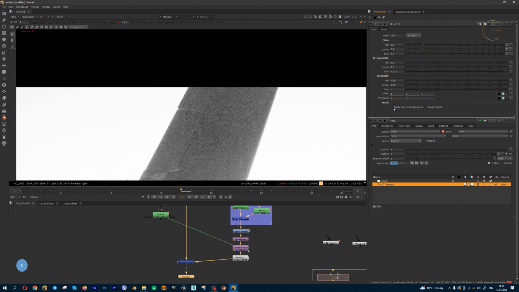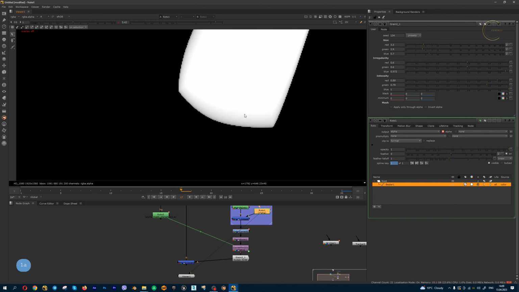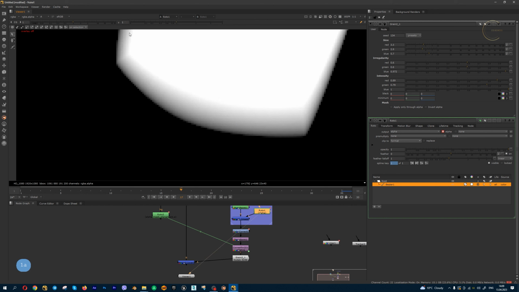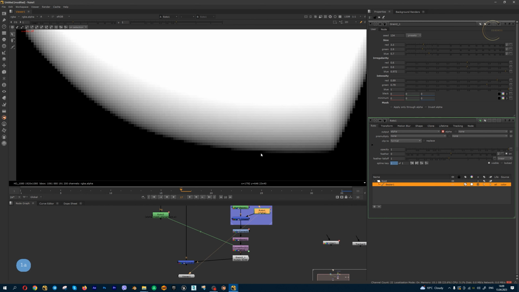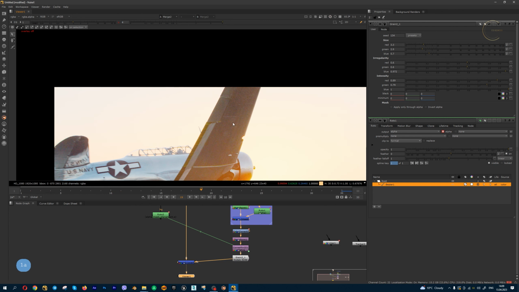And I'm going to disable apply only through alpha, because we have this simple gradient, and I'm going to add grain also in these parts. Let me check. In my black area, this is a perfect result, but we need a perfect result for all my color